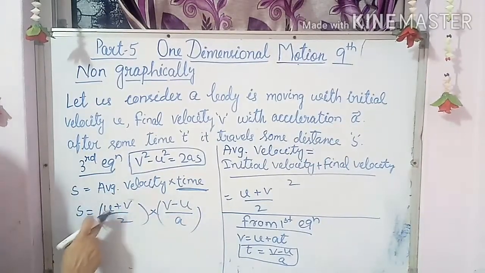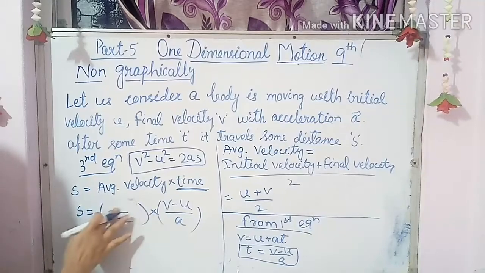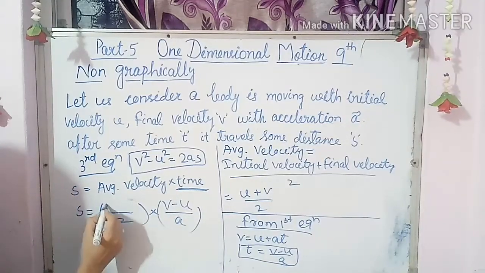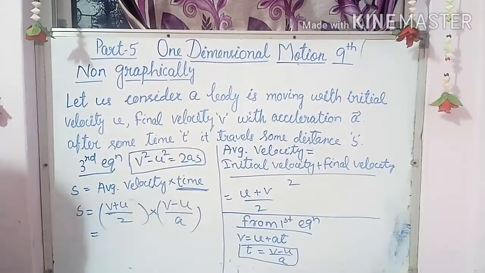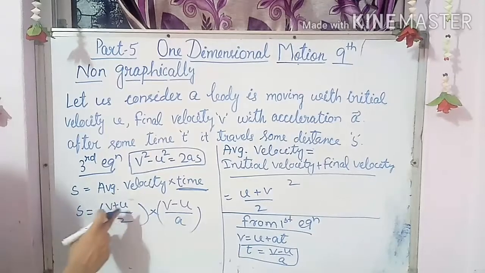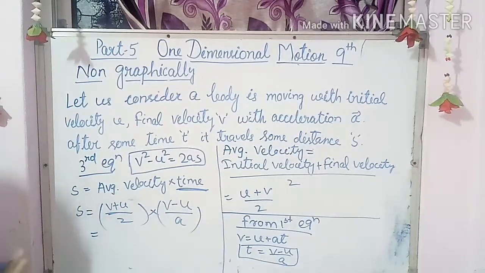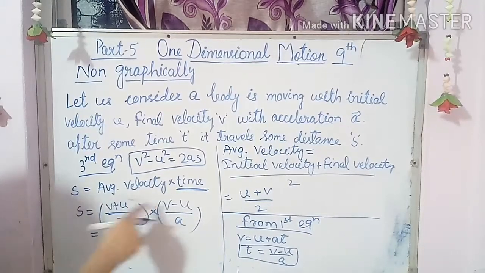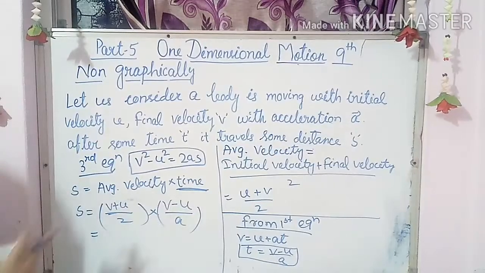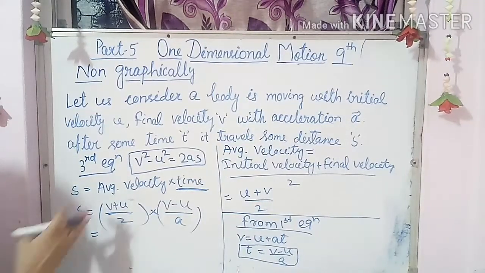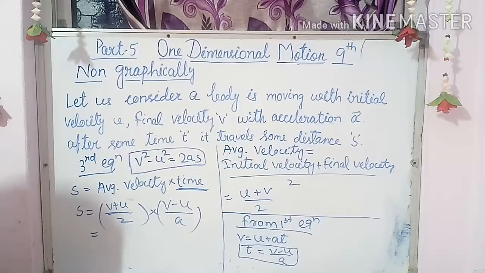So you can put that U plus V as V plus U, because U plus V and V plus U are the same. So here again you have to put the formula A plus B into A minus B. From the math only you will get. So V plus U and V minus U. And children, remember, if you cannot remember the formula in your exam also, directly you can multiply. At least you know the algebraic multiplication. So in the graphical method also you can multiply, and in the non-graphical method also you can multiply. No need to worry. Just remember the formula.